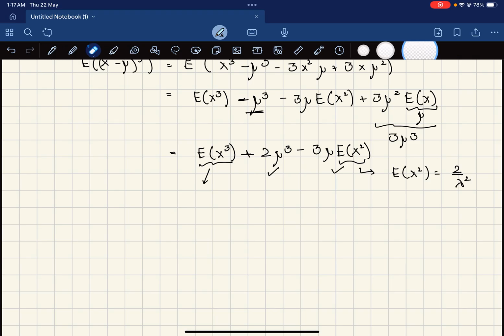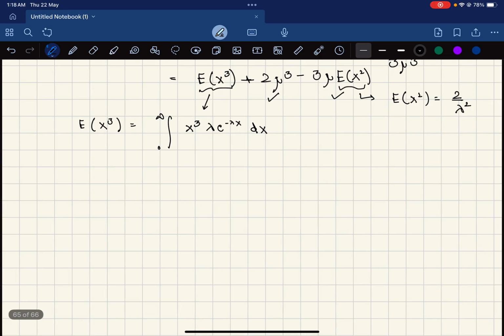So the expected value of x cube, we'll be calculating using the same process we followed to calculate the expected value of x square. So we'll be integrating x cube into f(x), which is lambda e to the power minus lambda x dx. We use the product rule of integration like we have used before. So we write x cube as it is. The integral of lambda e to the power minus lambda x is minus e to the power minus lambda x, and we put the limits 0 to infinity minus 0 to infinity. The derivative of x cube is 3x square. So I am using the product rule of integration here. This was covered in one of our previous sessions.